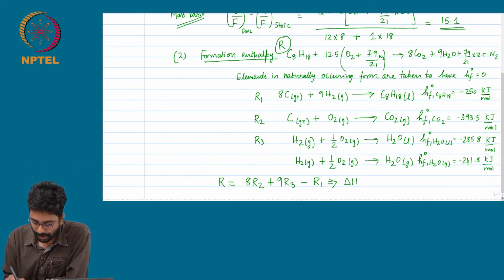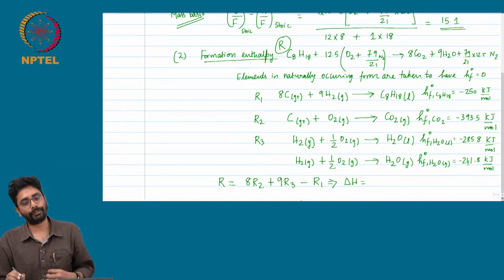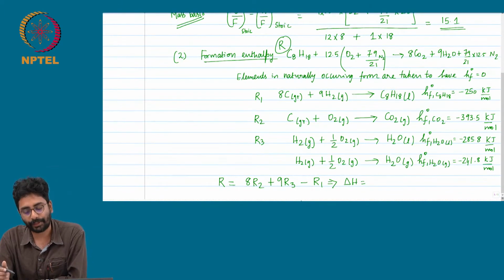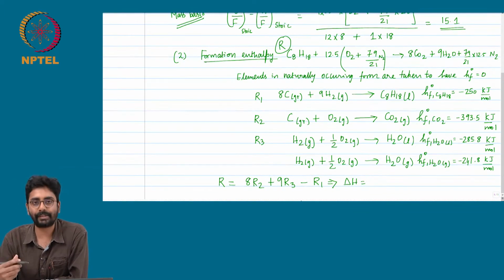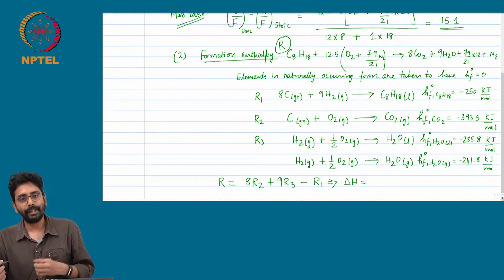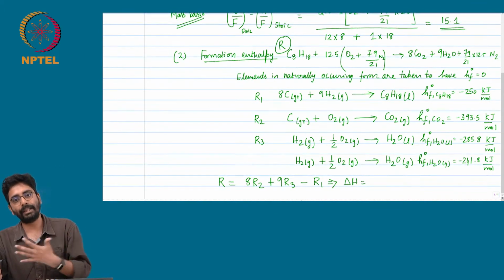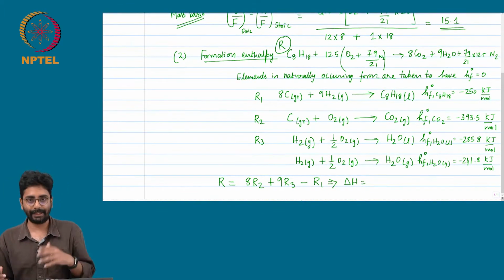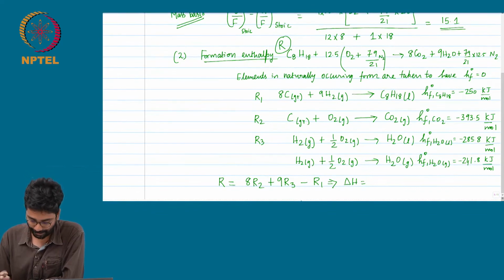Therefore, the enthalpy change or the enthalpy of combustion of octane, which is the enthalpy change of reaction R when octane plus stoichiometric amount of air gets converted into carbon dioxide and water, and the reactants and the products are at the same temperature and pressure. That is, you have burnt octane and air, it has gone to a higher temperature, you have extracted all the heat from the product gases and brought the product gases back to 300 kelvins. That amount of heat is the enthalpy of combustion of octane, which from the definition of formation enthalpy now is